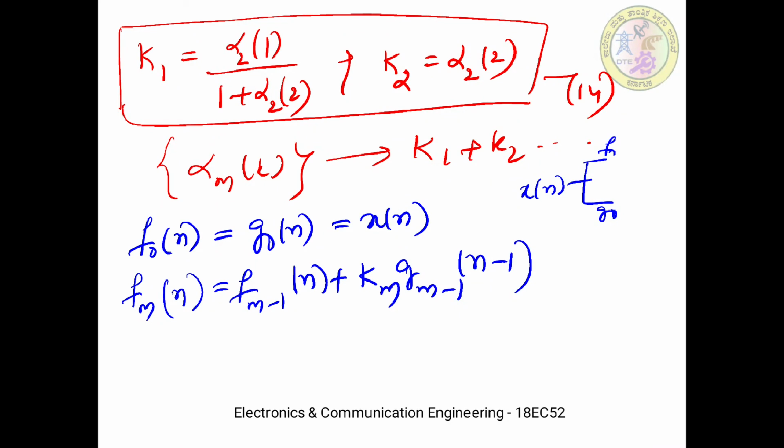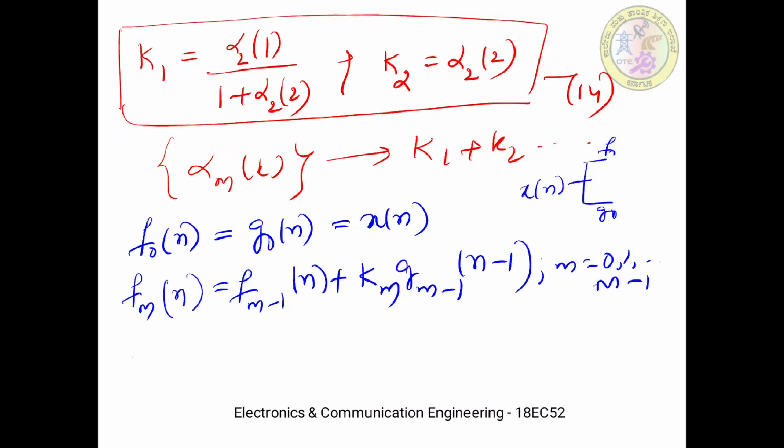Okay, so now this is applicable for writing f1, f2, etc. If it is the first order, f1 of n; if it is the second order, f2 of n. It continues like this. So here, what is the range of values? m is 0, 1, up to m minus 1 only.